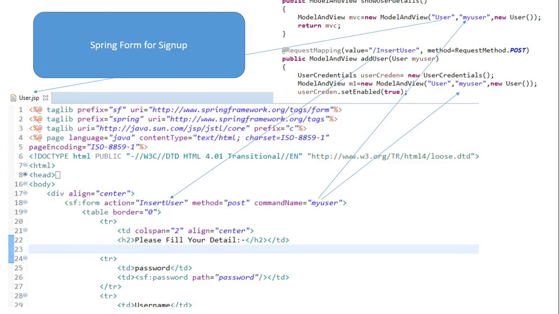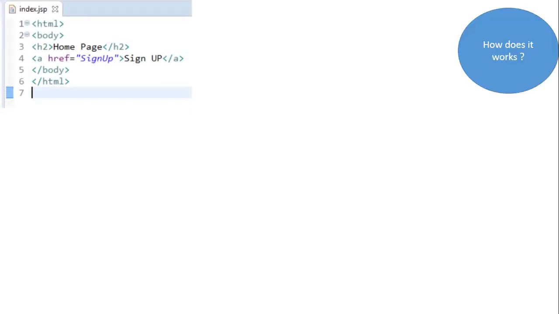When a user hits insert user, it means you submitted the data using the submit button, and all the records will go into the database using that method. Finally, you can ask, how does it work?